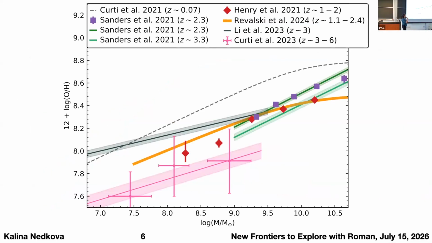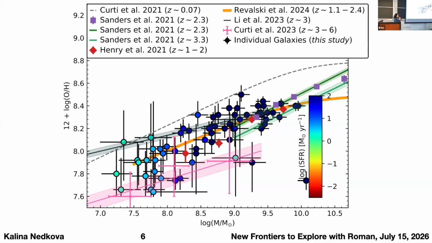So when we look at the mass-metallicity relation, of course, it's never as clean as one single line, but this is sort of a compilation of some previous results. One thing that I want you to notice is that really the JWST data are enabling us to reach the low mass regime, which was not possible before JWST. And here are our PASSAGE galaxies. This is just a subsample of them. And you can see that they fill in the space very well. We have some low mass galaxies, and we also have some high mass galaxies.